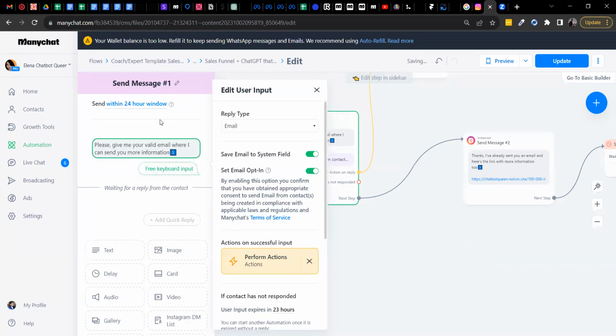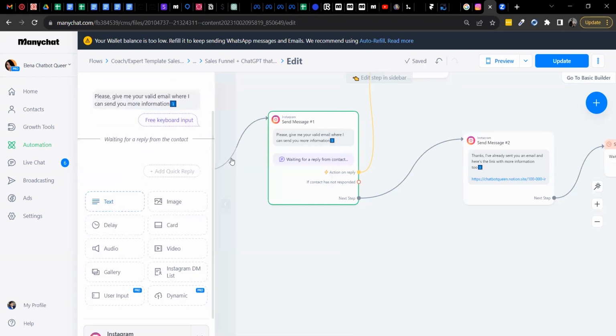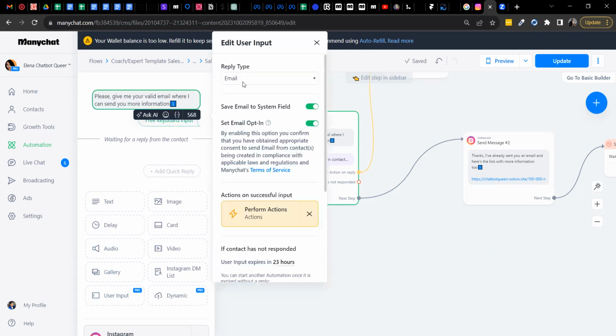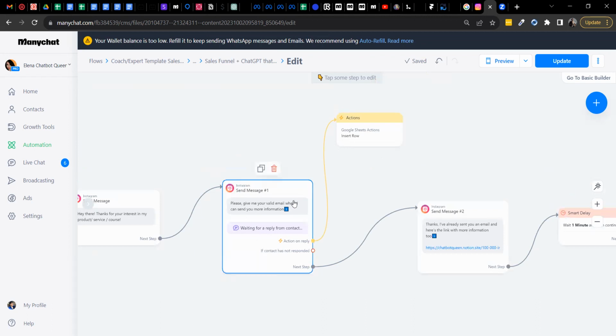Okay, so this block I use here, it's not the regular text block like in the previous message, it's a user input. User input is when the bot saves everything that the user types in here in the field. Now we use it in the email field. This is the system field. We don't create it. Okay, after people type